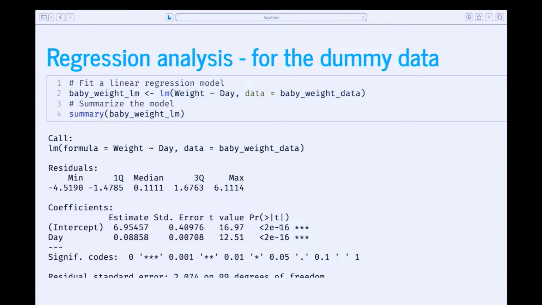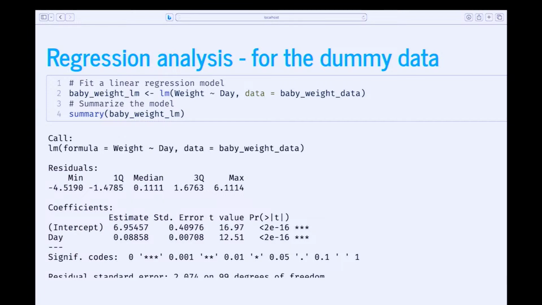At the end of that little graphic is a p-value, a probability. In R, if you have three asterisks, it shows that the variable is statistically significant. So it's already giving you the answer right there. It makes an estimate from the data you have given it: the starting point, or the intercept, is about 6.9